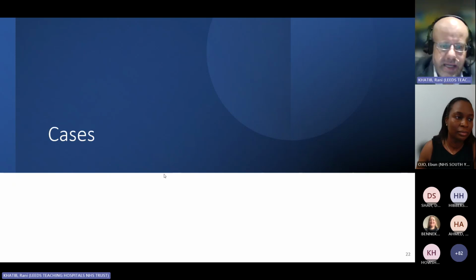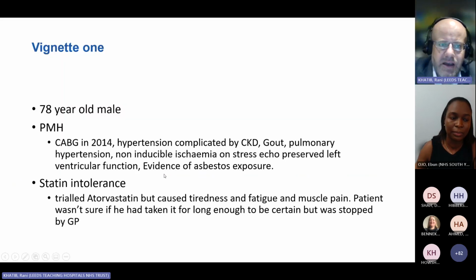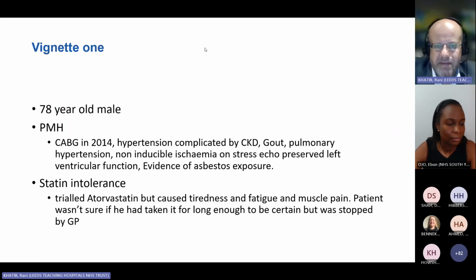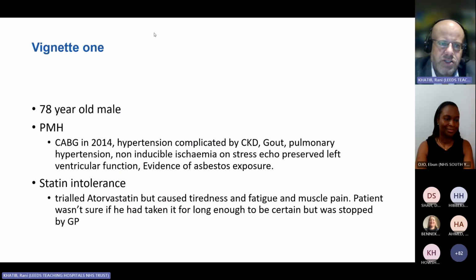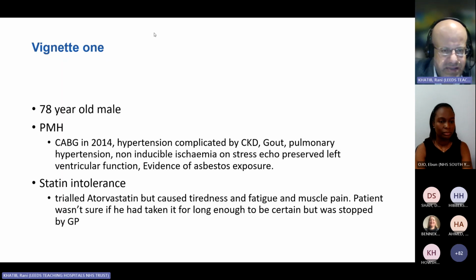Let's delve into these cases now. These are vignettes of examples of patients we've seen in clinic, patients that I or my team have seen. I'm not giving you the full details about every patient, just the bits that you're interested in. For example, this patient, 78 years old, had very strong atherosclerotic cardiovascular disease with a